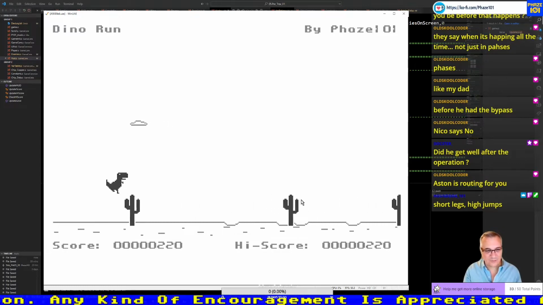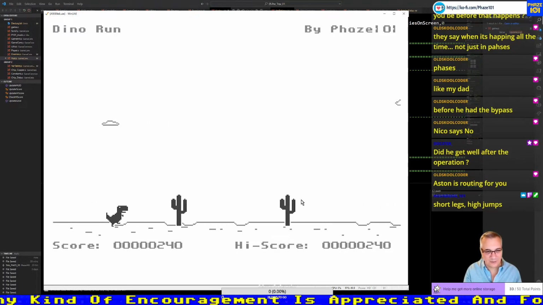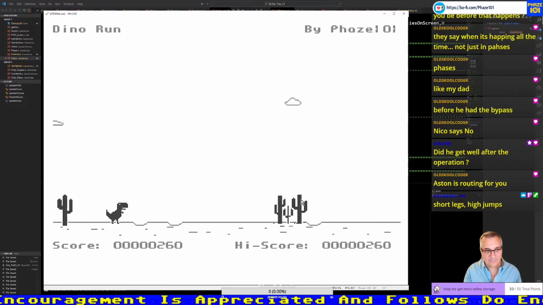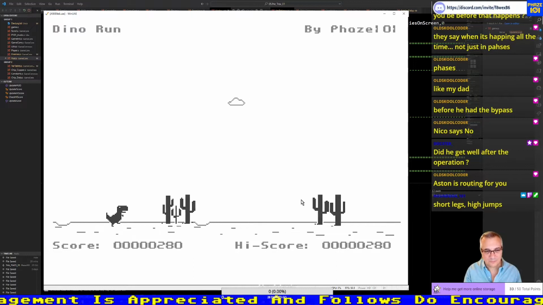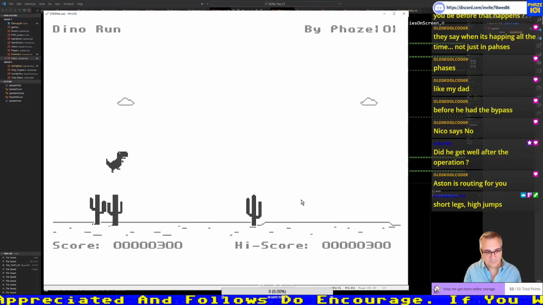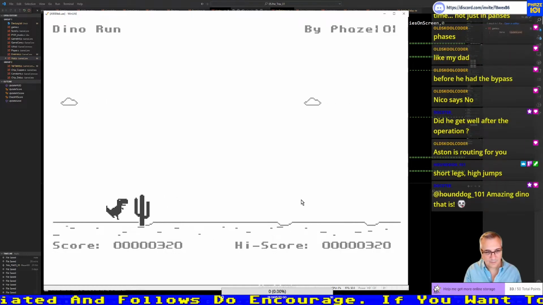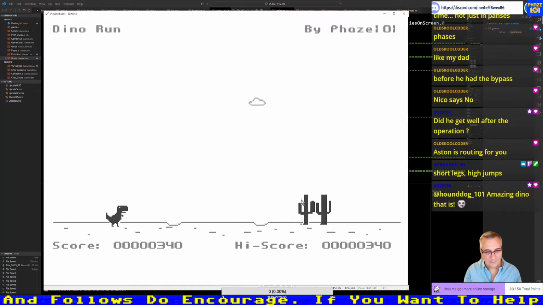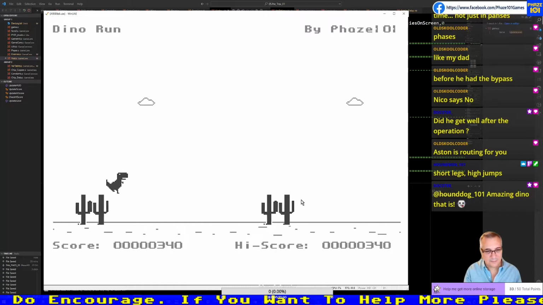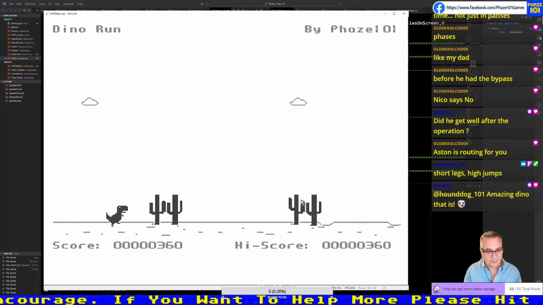There's one of the clouds. I'm not happy the way it's moving. It's not so smooth. Did it increase in speed? I think it increased in speed.